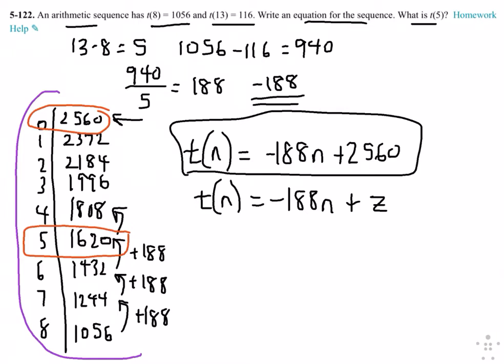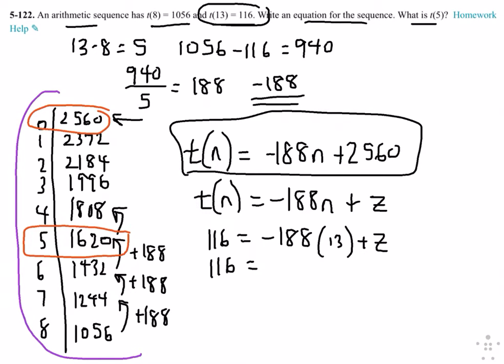So we could have substituted in one that they gave us, right? They gave us 8. They gave us a couple. They gave us 13 and 116. So I could have put 116 equals negative 188n, n being 13, plus z, right? And I could have solved. So what does this come out to? 116 equals negative 188 times 13 is negative